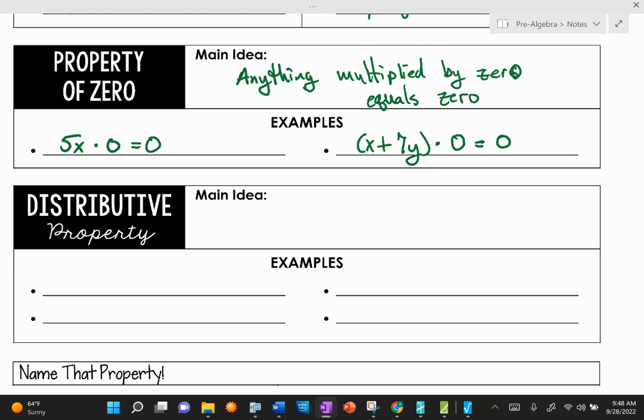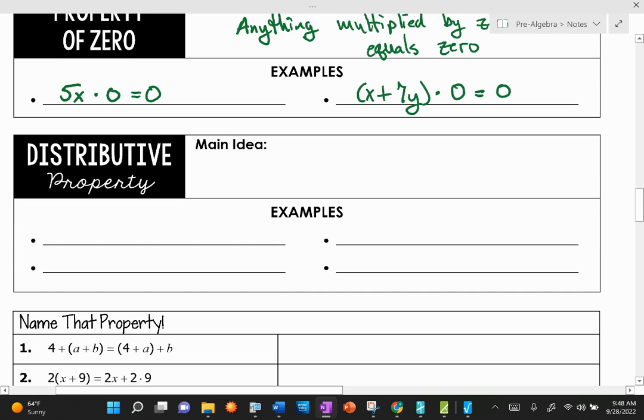All right, distributive property. I would say probably the second most thought about one in algebra. This is a property that is about